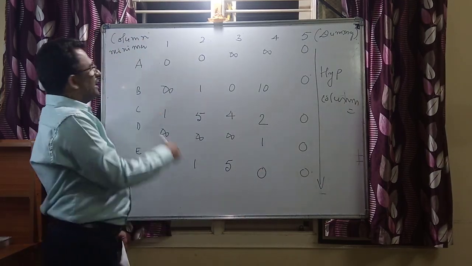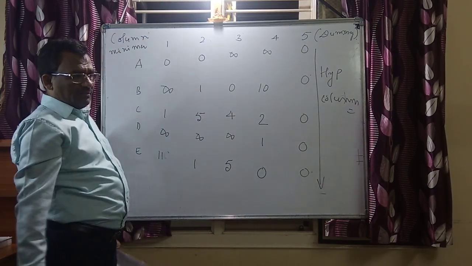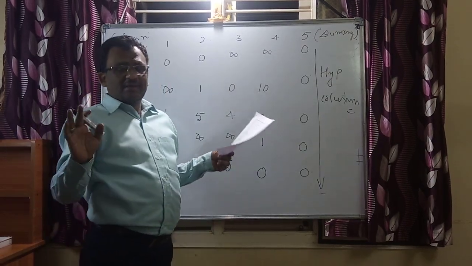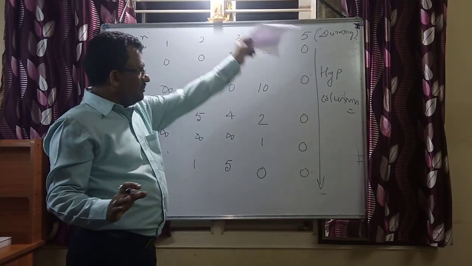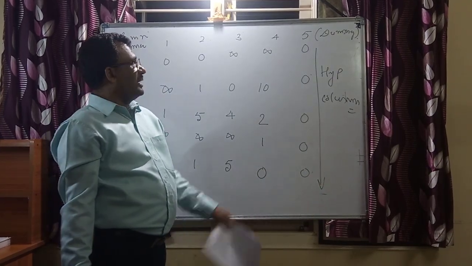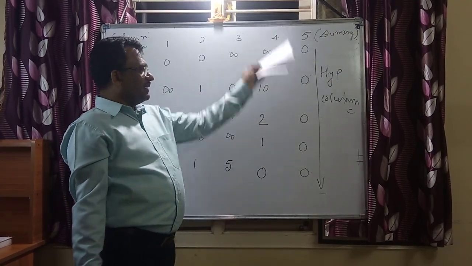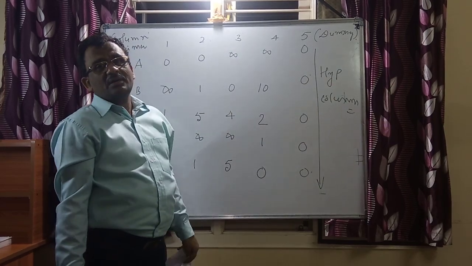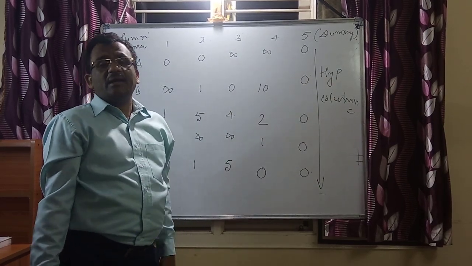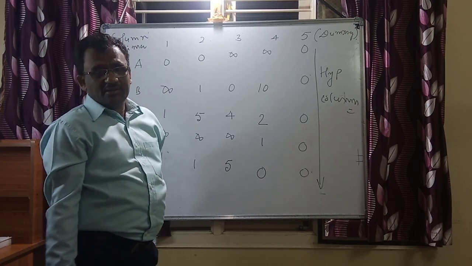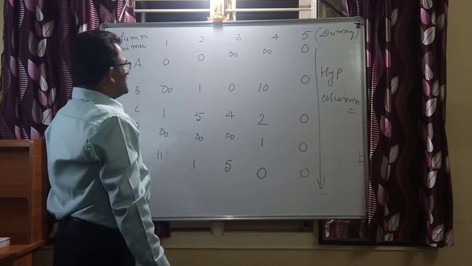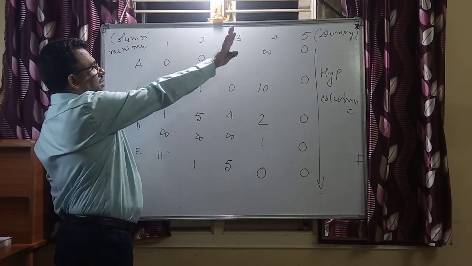We have completed both row minima and column minima operations, and also all the restrictions are well taken care of, and it is even made a balanced one by adding a dummy column. Okay, that is the hypothetical column here. Column 5 is operated. This column 5 denotes your dummy operator. A dummy employee is created just for the sake of having my matrix balanced. Now once this is done, look for the zeros.